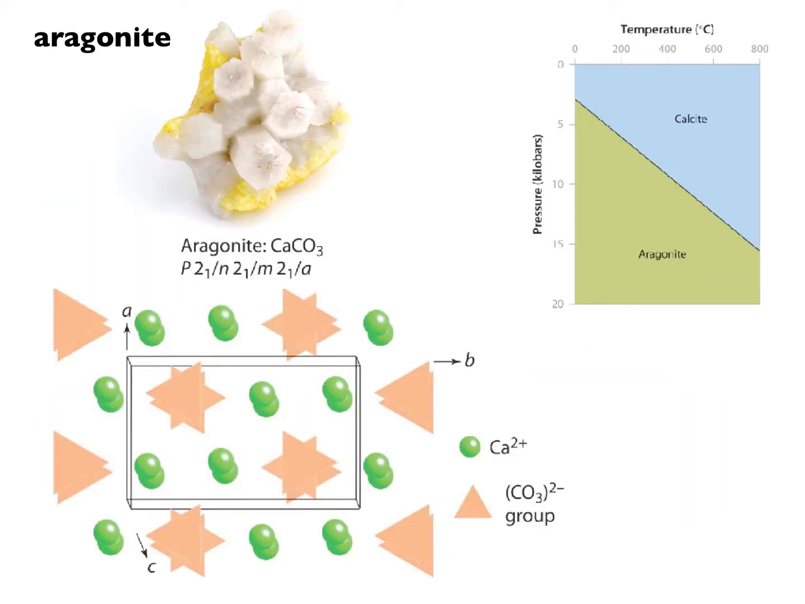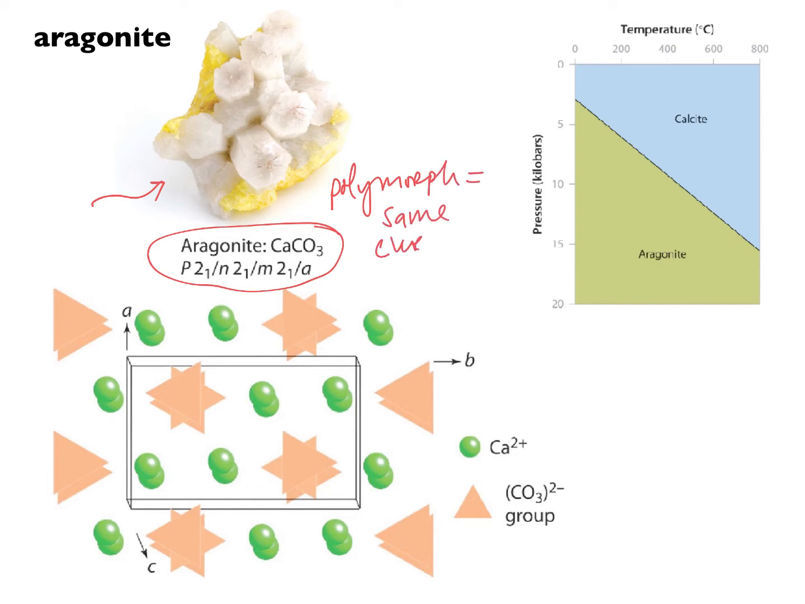Okay, aragonite. This is something that we did not look at in lab. Isn't this a cool picture of aragonite? It always makes me think of bananas every time I see it. Aragonite is a polymorph of calcite. So I'll remind you for the millionth time that polymorph is something that has the same chemistry but a different structure. So it's actually kind of the opposite of the isostructural minerals we were looking at, which had the same structure